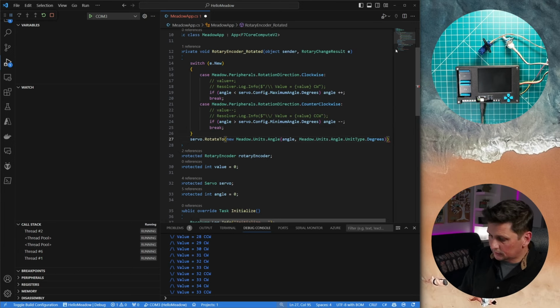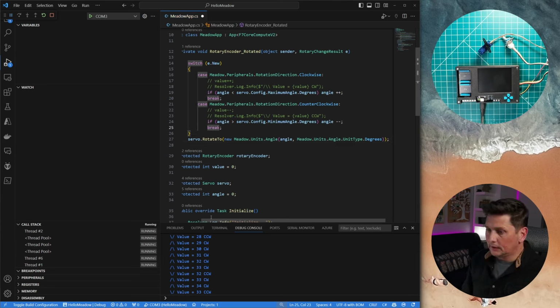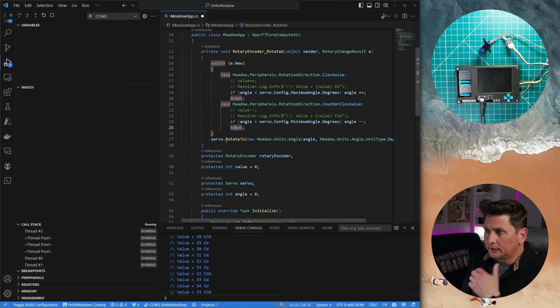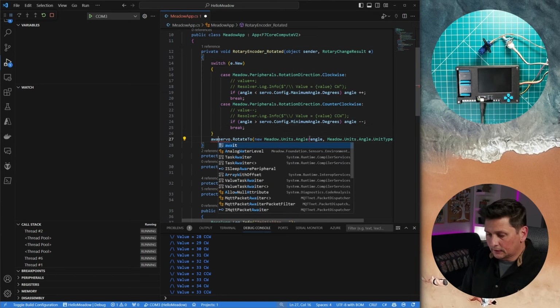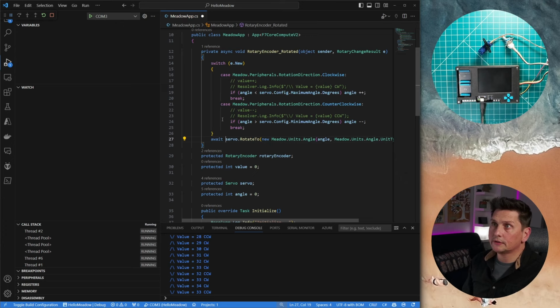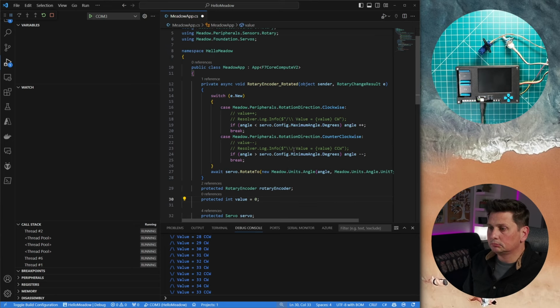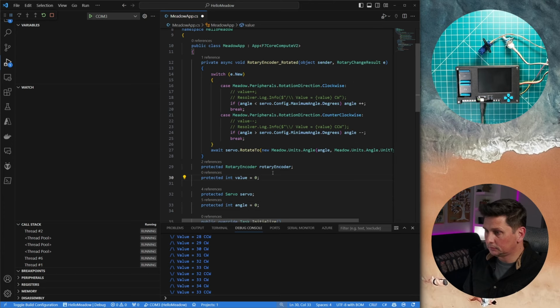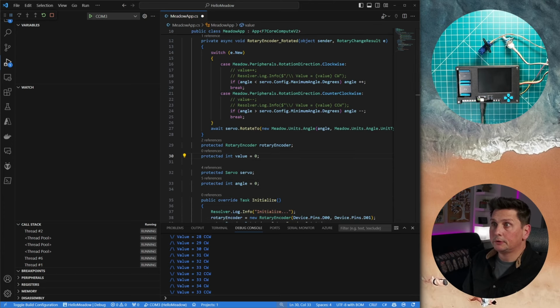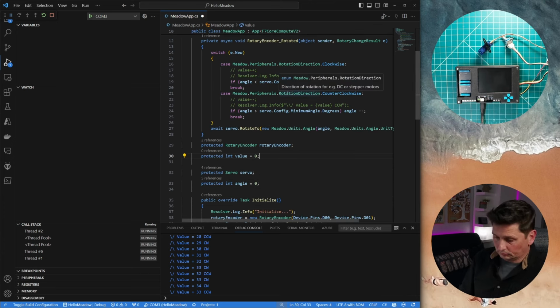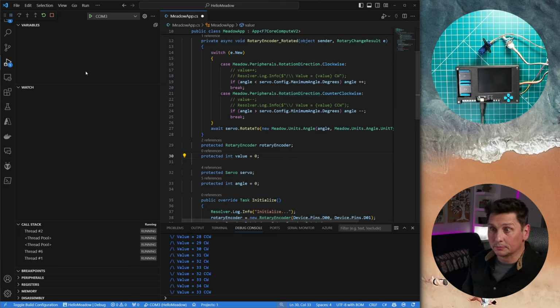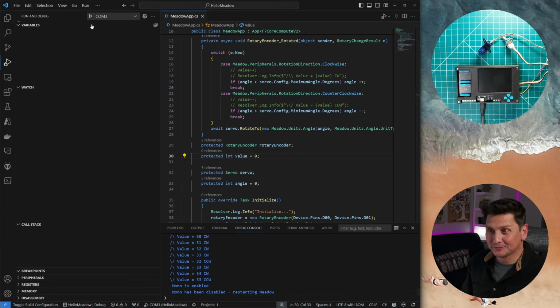Let's see. Is that right? That is right. The thing though is I need to pay attention to the fact that this is a command that I'm sending to an async function, right? So I need to do that, and that should be fine. Let's see. Yep. I'm just doing the rotation of the angle, right? Yeah. New angle, and so on. Well, we'll see what happens. I hope it's as simple as that. Let's do that. Redeploy the application.